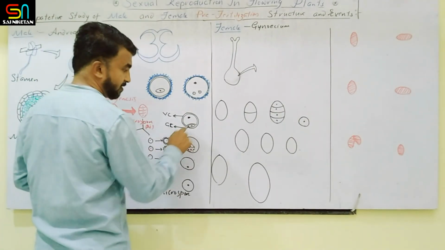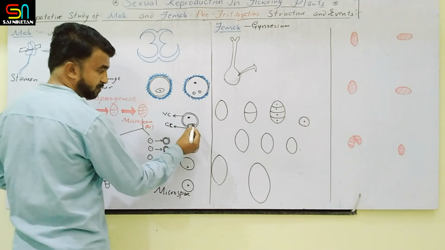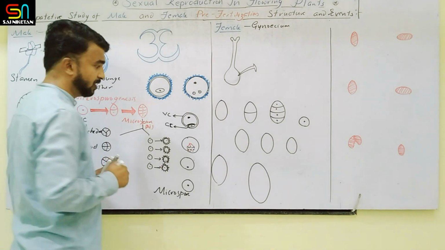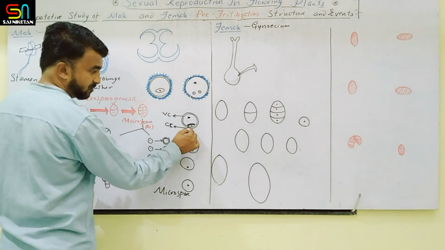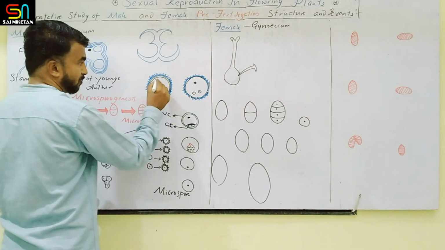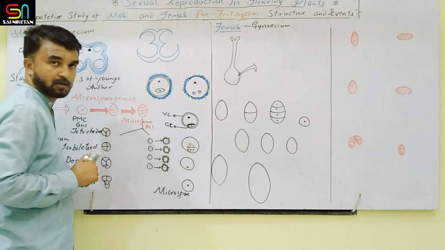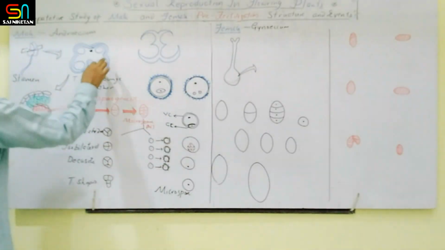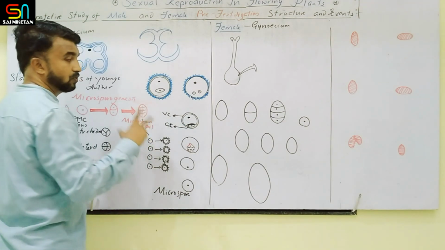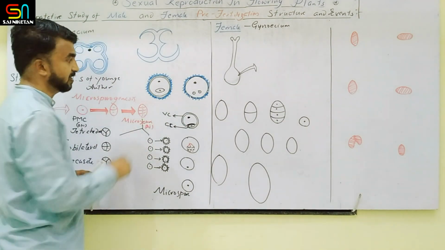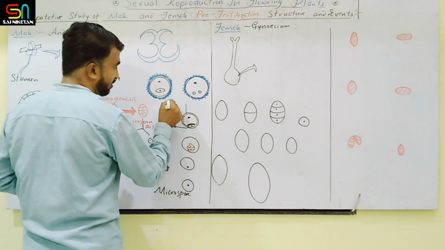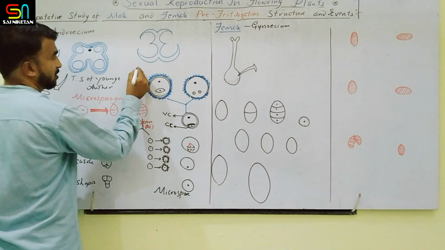So this is the pollen grain with 2 nuclei. Initially the generative cell is present toward the periphery, attached to it. Gradually the wall between the vegetative cell and the generative cell dissolves, and the generative cell is suspended in the cytoplasm of the vegetative cell. Clear? During that process in the microsporangium, some specific chemicals are deposited on the pollen grain, so the 2-layered pollen wall is formed, intine and exine. The pollen grains are released from the anther either in the 2-celled condition or the 3-celled condition.